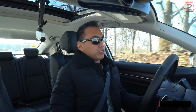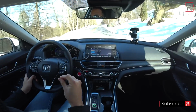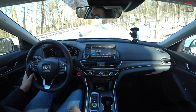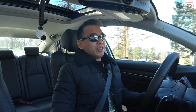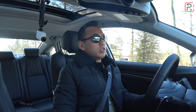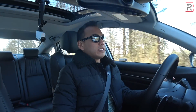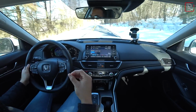So I've generally always had a soft spot for the Honda Accord. When I first drove this all-new 10th generation back in 2017, I was blown away. Honda really set the bar really high for themselves back then. And you know, back then we had way more interest in the midsize family sedan segment. The segment as a whole has really fallen on its face in terms of sales over the last few years. In the numbers, the Accord managed to sell just under 200,000 units, which really pales in comparison to what Honda has done in the past. So clearly, Honda started off strong with the Accord, so they didn't really need to make too